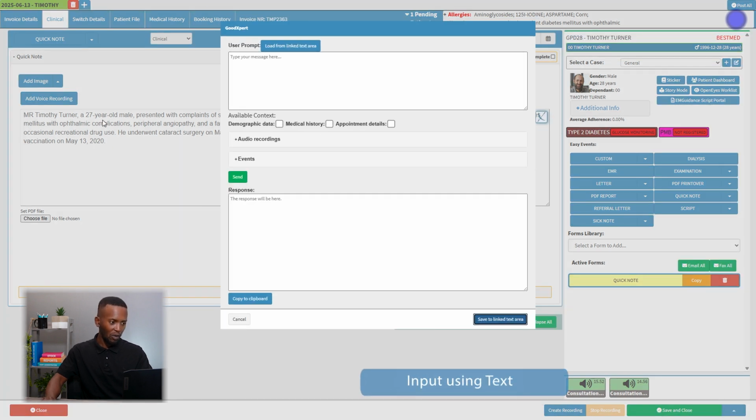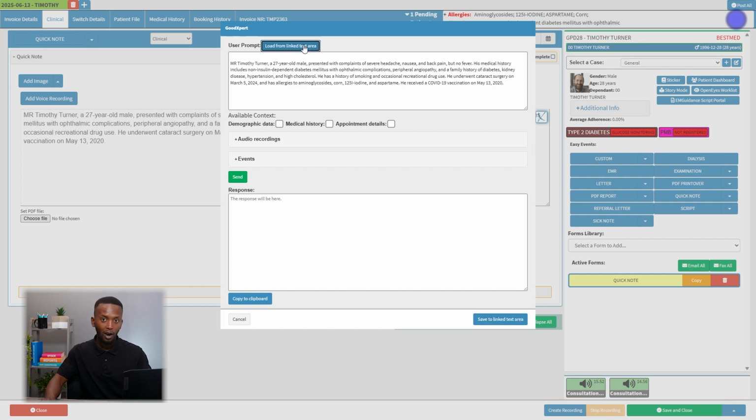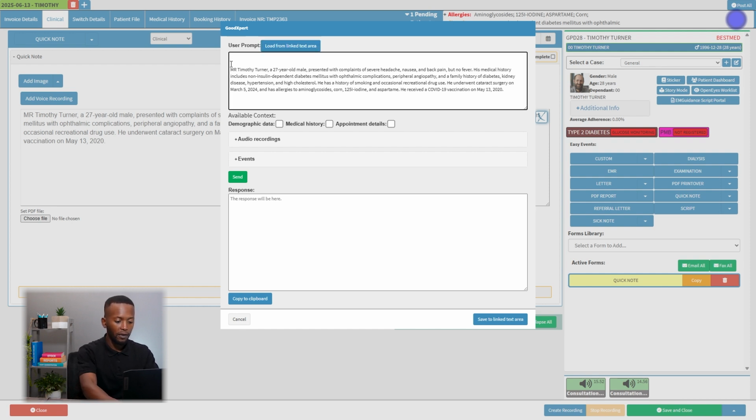And now I just want to show you, as you see, that information is now on our quick note. We can bring back this information or any other thing that is loaded on the quick note section. We can bring it back onto this text area that we have, which is our prompt area, and we can say, now let's say, provide detailed SOAP notes. All right, it already has the information about the demographic data and the medical history, but nonetheless we can still add it if you'd like, or if you just wanted to focus specifically on that written information,